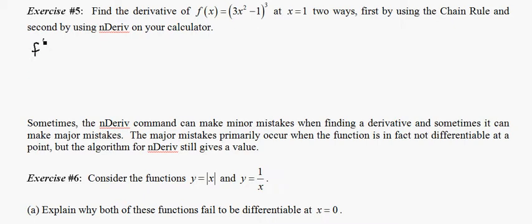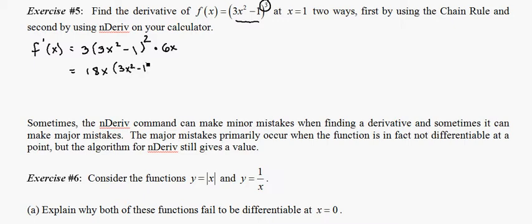So we're going to do the chain rule, and remember how the chain rule works. We've got this inner function, 3x squared minus 1. We have an outer function, the cubing function. So I'm going to ignore the inner function. I'm going to take the derivative of the outer function. That's 3 times the inner function squared. I'll just kind of fill that in second, just to make sure I don't do anything weird. Then I'm going to multiply it by the derivative of the inner function, 6x. If you want to, you could clean this up and make it into 18x times 3x squared minus 1, quantity